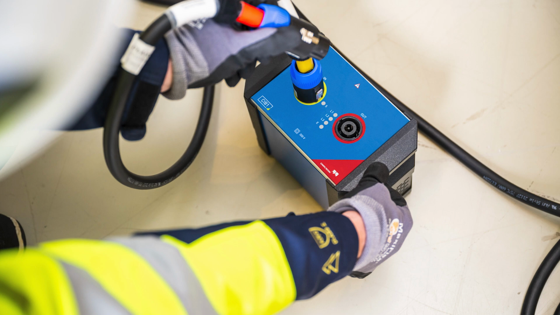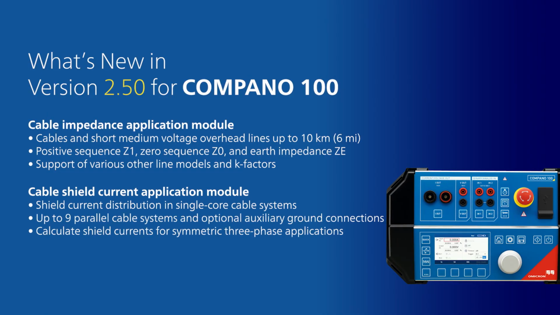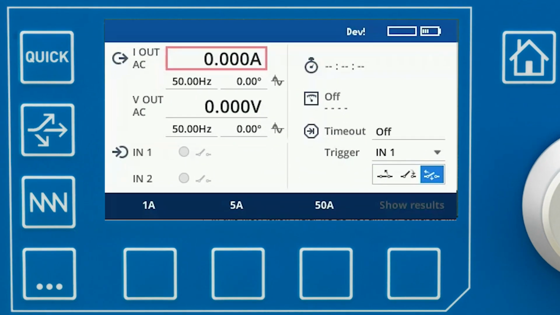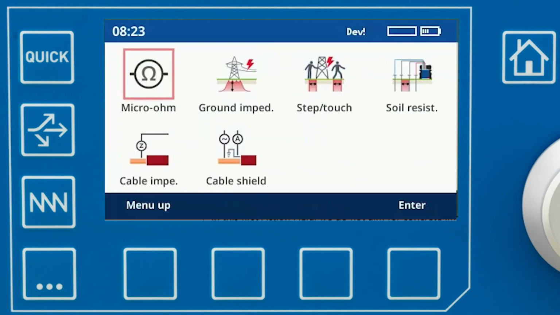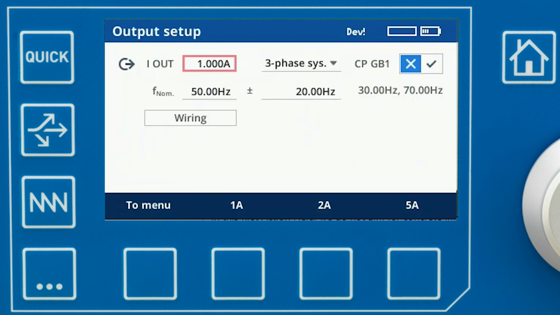This video is about the latest software update and the CIB1, the cable injection switchbox, which is used, for example, for cable impedance measurements. So, if you open the new application modules, you can go to the cable impedance test module, and here you have the output setup, where you can specify which system you want to test and the